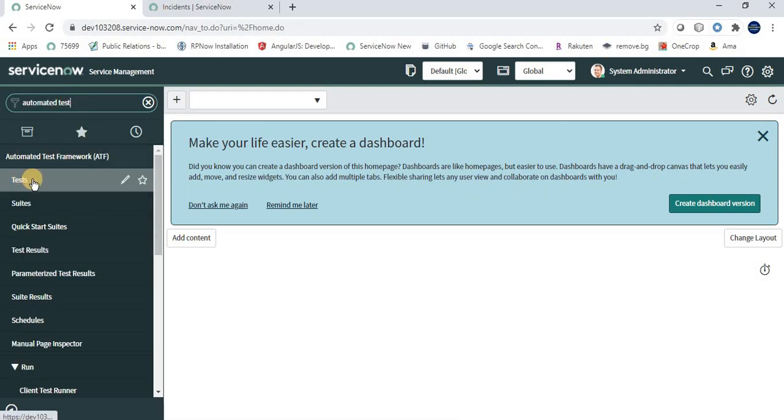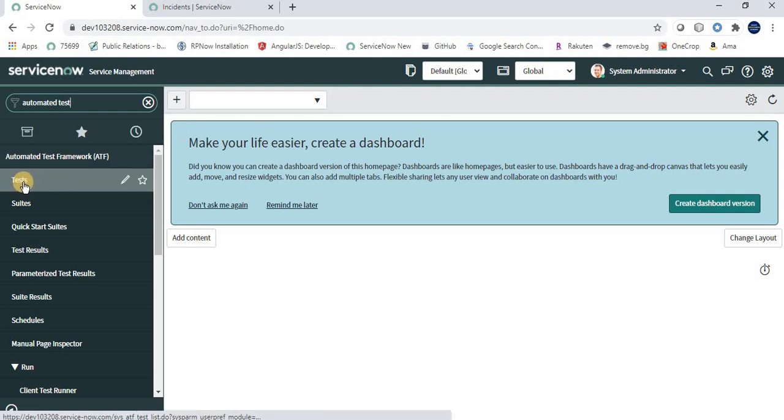So friends, this is the ServiceNow automated test framework. As the name says, automated test framework: the word automated says automation, and test framework says that we have a framework here that provides each and everything to perform automation testing. Okay, so now let's talk about modules. See, we have lots of modules under the automated test framework application.